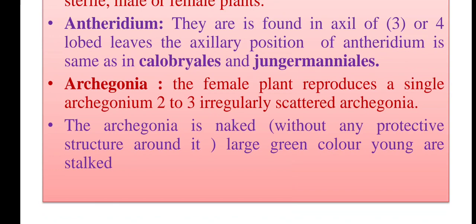The archegonial branch can be seen with the eye. Naked means without any protective structure around it. All of you know that in the sterile organ present, the archegonia are generally covered; the sexual reproductive organ is generally covered by the sterile jacket layer. Bryophytes typically have a sterile jacket layer around the sexual reproductive organs. In the condition of Takakia, it is completely absent. They are without protection of the sterile jacket layer as well as any sterile specialized structure around it. Is that clear? Absence of the sterile jacket layer,